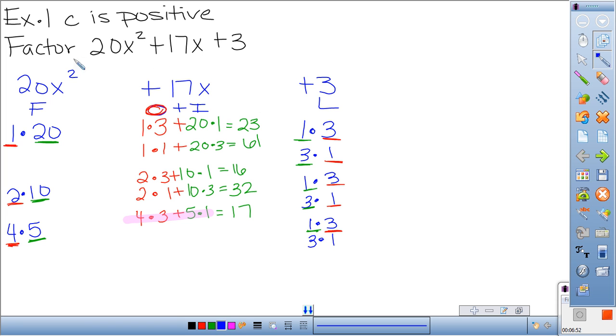Remember, our whole goal is to take this trinomial and factor it into 2 binomials. Okay, so now that we have a coefficient in front of our x squared, we also have to have a coefficient in front of our x here and in front of our x here. So in 9-5, we just put x, and then we filled in our numbers. But now, since we have a coefficient in front of our x squared term, now we have coefficients in front of our first terms in both our binomials. So in order to figure out where these go,